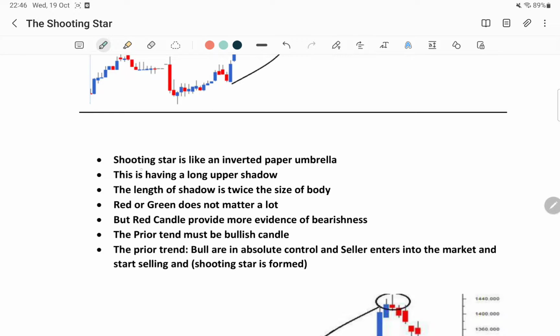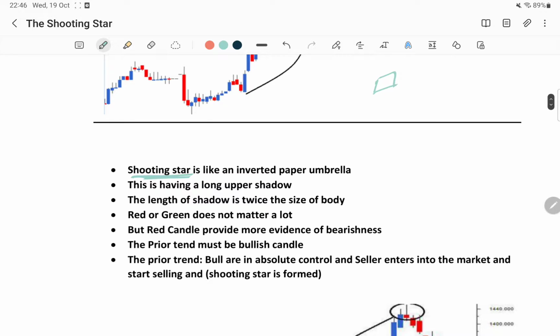Okay, so इसका क्या मतलब है? The shooting star candlestick pattern that you are seeing is basically ulta of the paper umbrella candlestick pattern that we have learned already. So already I have explained how it is ulta. So paper umbrella normally looks like this, okay, and shooting star normally looks like this. That's the first thing. Second thing is that this has a long upper shadow. The upper shadow that you are seeing here is very long as compared to the body size. Okay, this has a longer upper shadow.